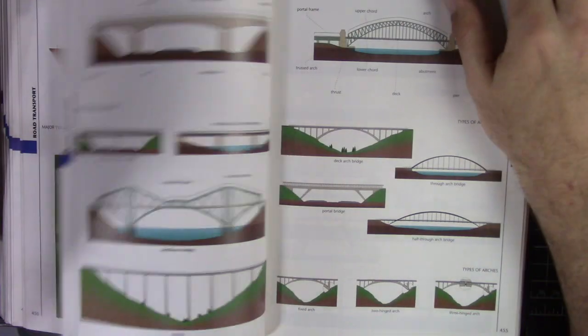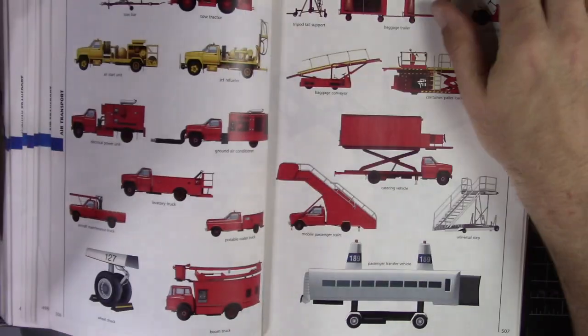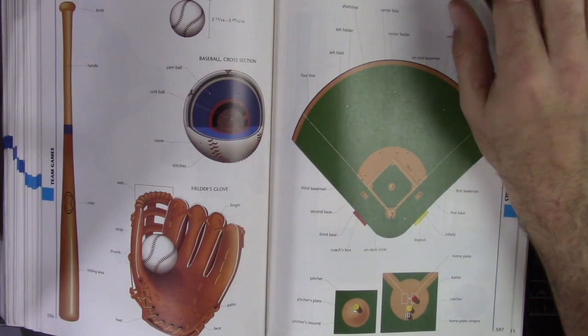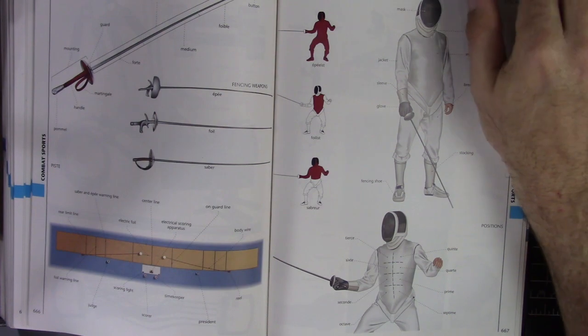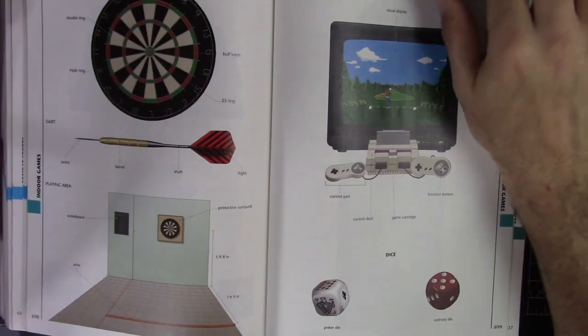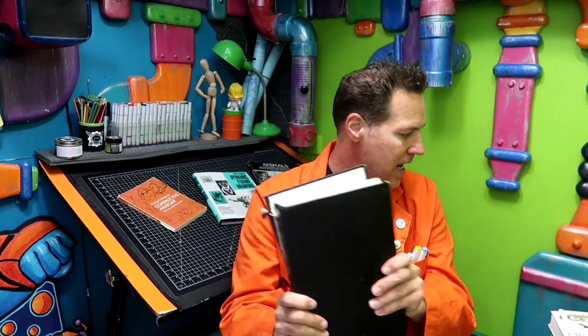Now, some of these are out of date. If you look up a helicopter in here, it's going to have your basic helicopter. This is an older book, so nowadays technology advances and things look different. Same thing with cars, but this is going to have a basic example, and sometimes that's what you want. You want to strip everything down to its basics. So the Macmillan Visual Dictionary, awesome. I use that all the time. Like I said, I think this might be available online if you look for it.